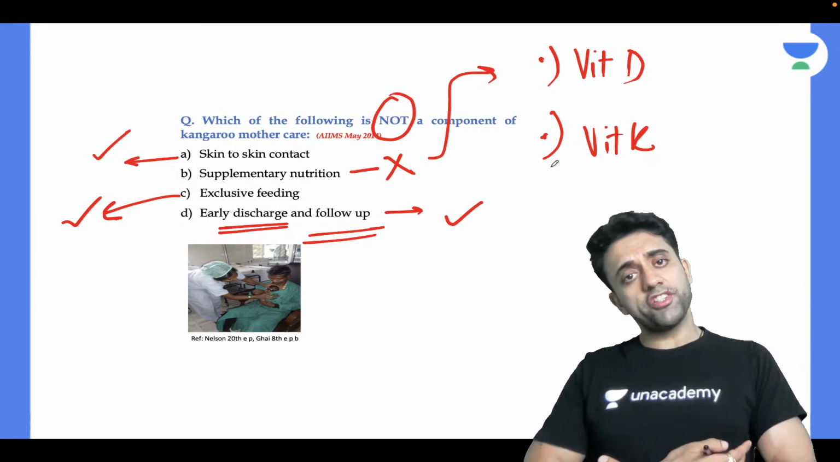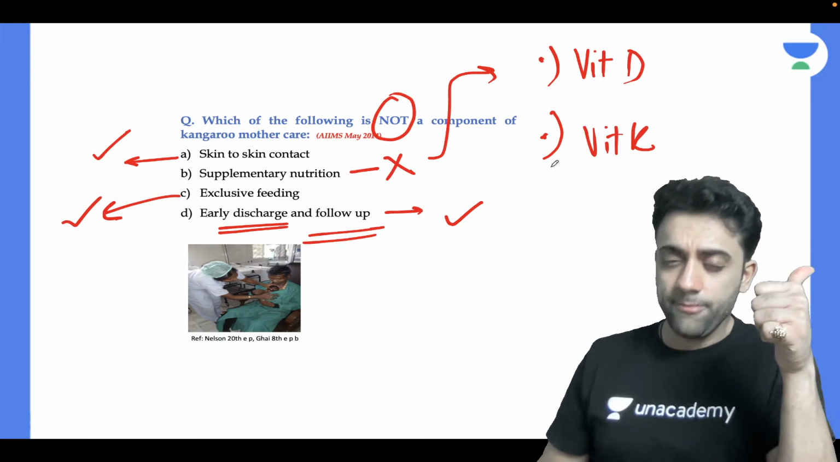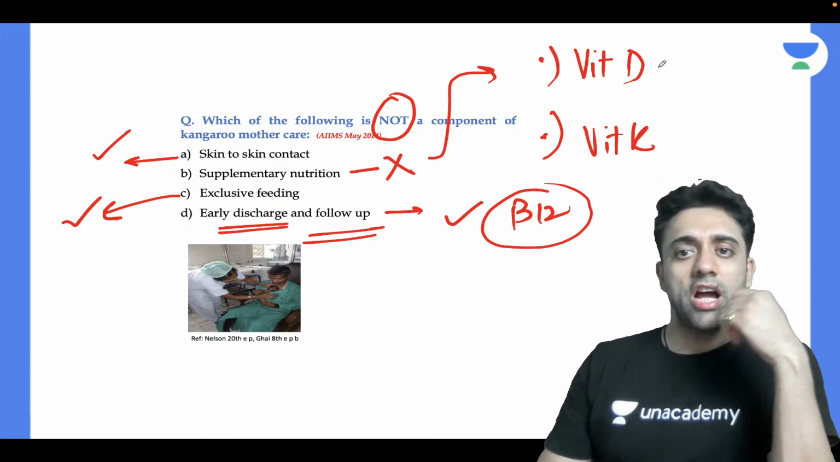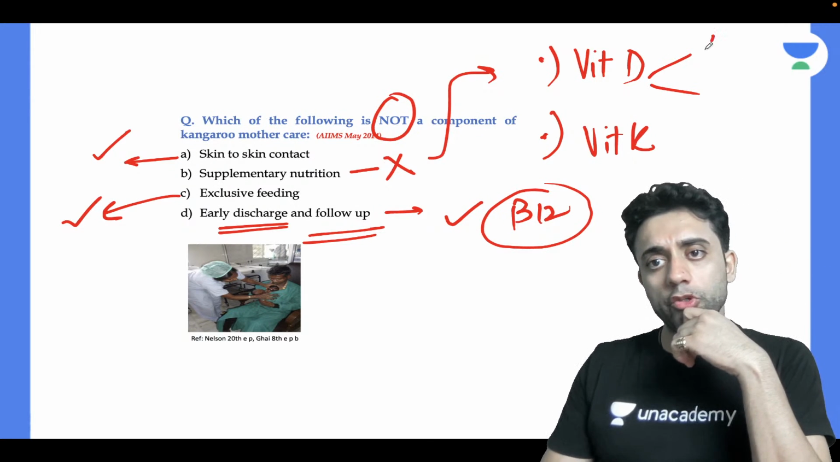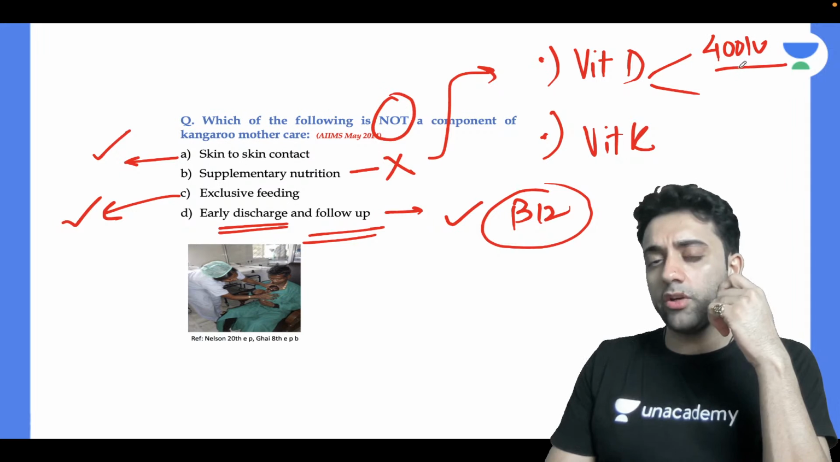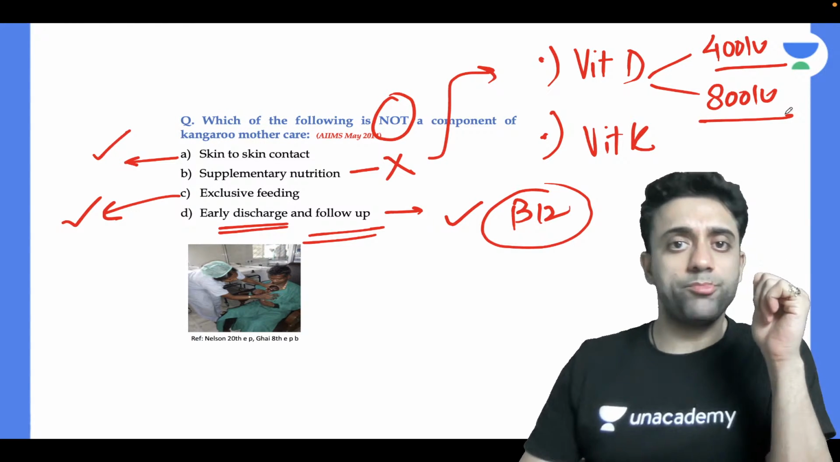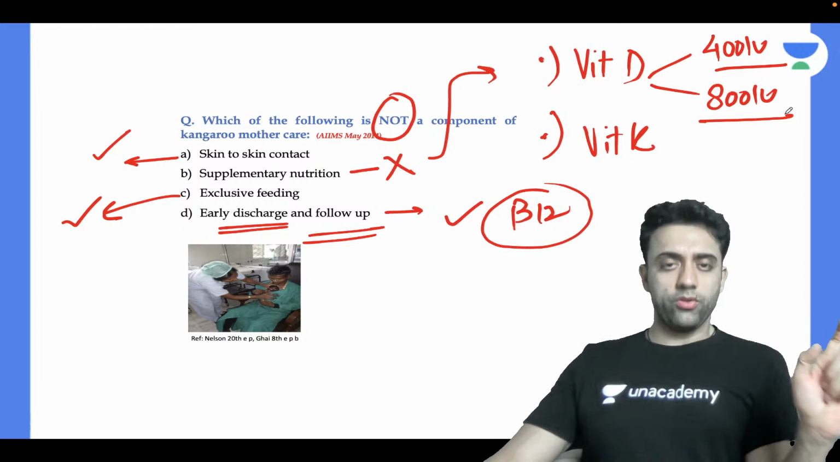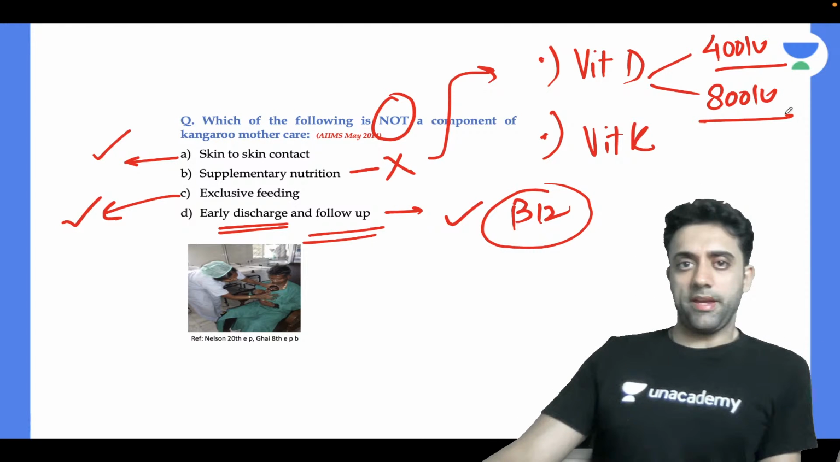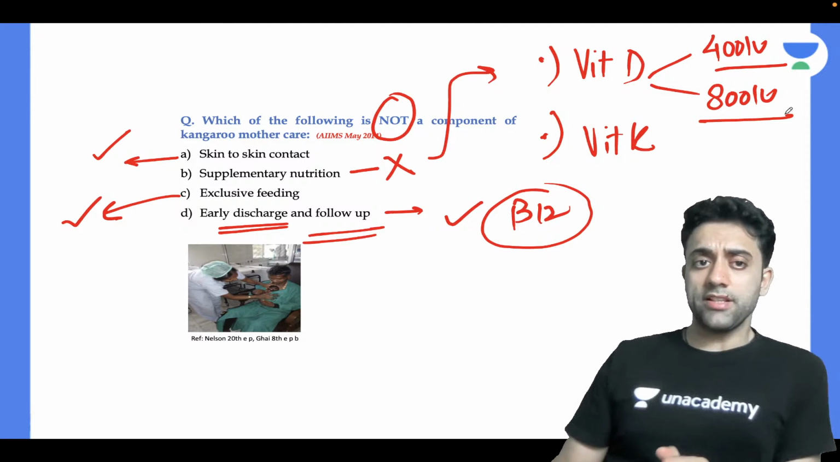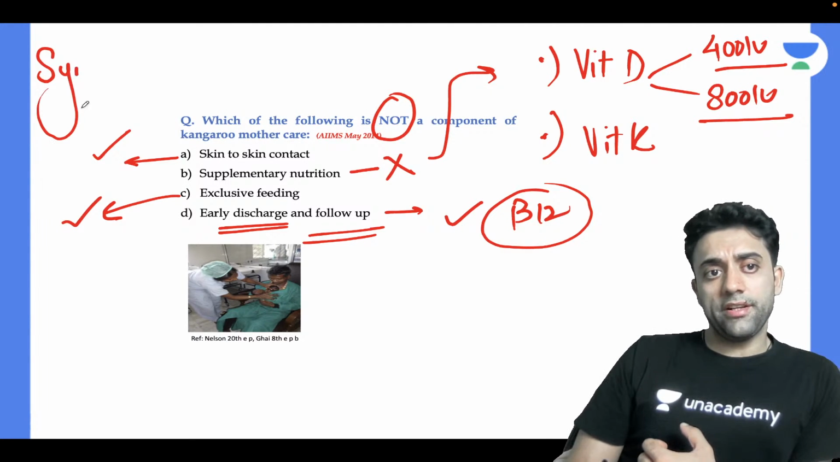Breast milk is deficient in which vitamin? Vitamin D, vitamin K, and vitamin B12 if she is a pure vegetarian. How much vitamin D do you give to a newborn? 400 IU if that baby is term, and 800 IU if the baby is preterm. IU means international units. ठीक है।